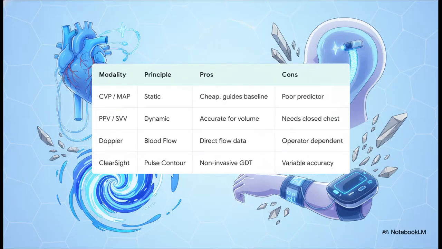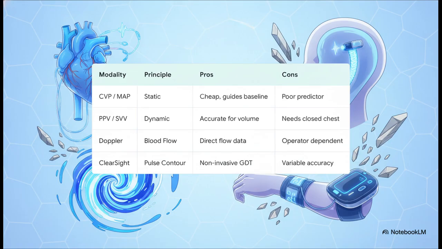To achieve this delicate balance, you need the right tools. Here is a highly concentrated matrix of your monitoring modalities. Traditional CVP and MAP are cheap and ubiquitous, and while MAP is absolutely essential for ensuring perfusion pressure, static CVP is a very poor predictor of fluid responsiveness. Pulse pressure and stroke volume variation are your gold standards for dynamic fluid responsiveness. The caveat, they require the patient to be mechanically ventilated with a closed chest, which is fine intraoperatively but limits